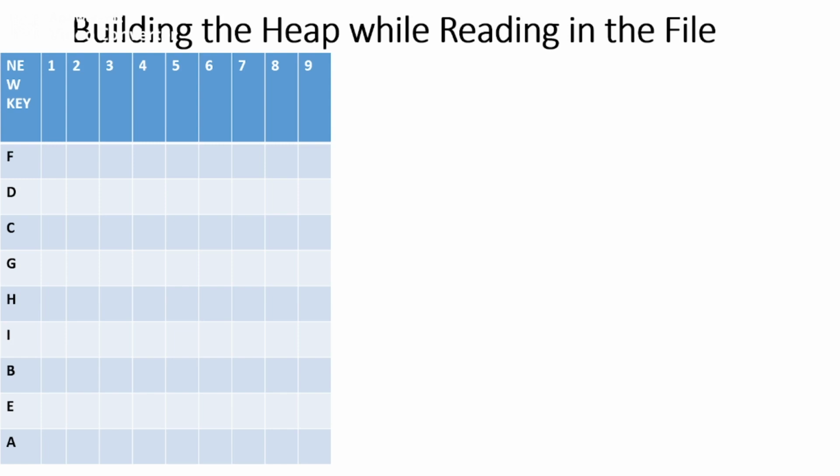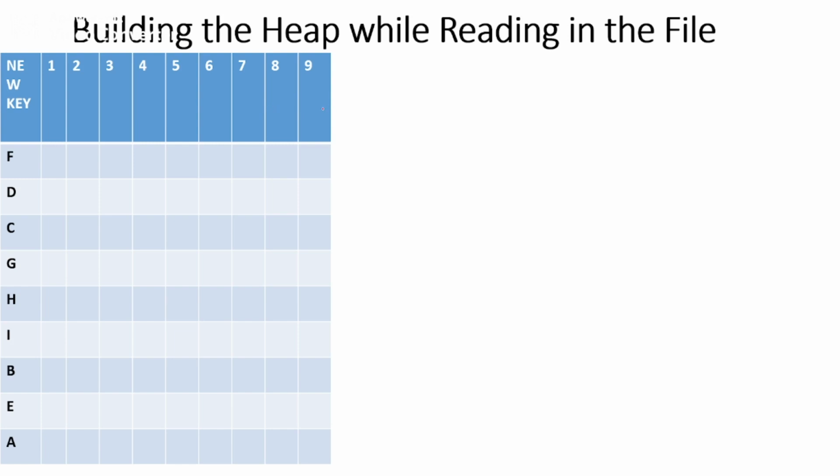So now I will be storing it in an array. So in total we have 9 different elements, so I will take 9 different slots, one for each element.